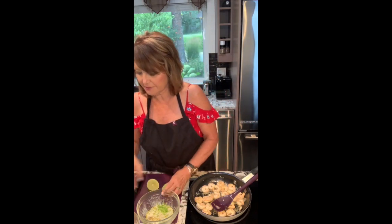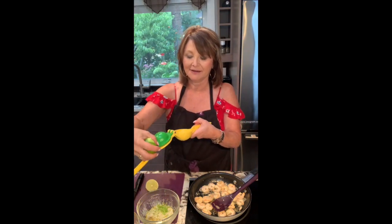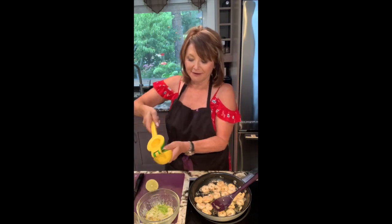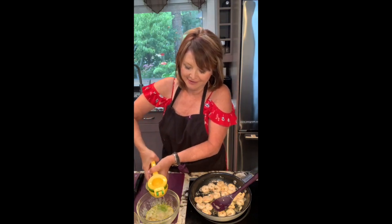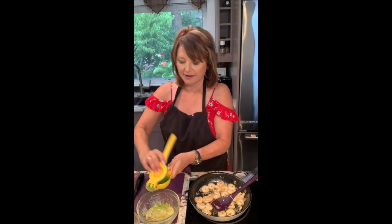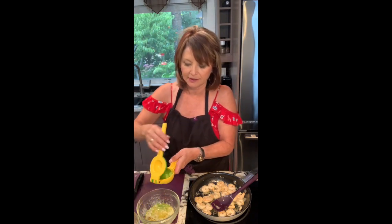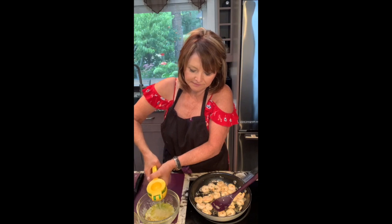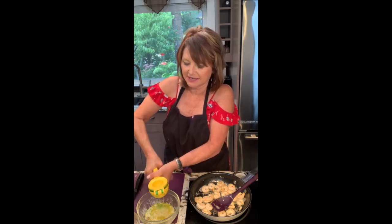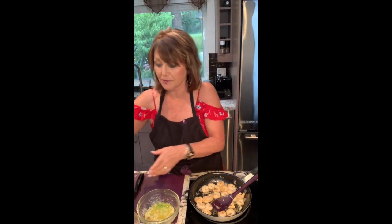I'm gonna take this lime, and as I mentioned before, it doesn't really fit. You're gonna see, it does not fit inside this lime. Feel free to put it in a lemon and put the juice of 1 full lime or 2 small limes in here. Okay, perfect. And the last thing I'm gonna do for flavor, my rice is almost done now, is I am going to